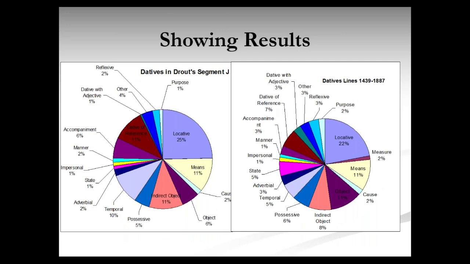And so just the other day, just for the fun of it, I also ran a percentage diagram on drought segment J versus